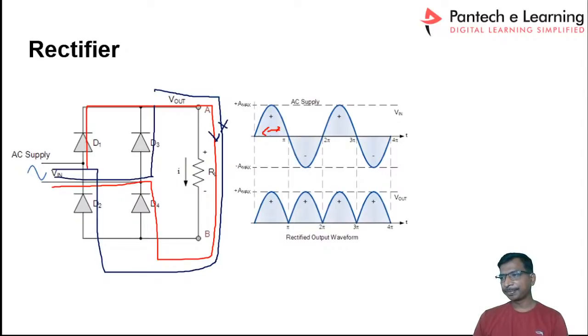Is it clear? If you understood the concepts, please comment in the comment box. So one diode is the half wave rectifier, and four diodes will be the full bridge rectifier, full wave rectifier. Yes, thank you participants. Thank you Ashwini. Thank you Divakar. Thank you Rahul. Thank you Mahesh. Yes, thank you Mohammed. Super. Thank you. I'm really happy when I see your replies.